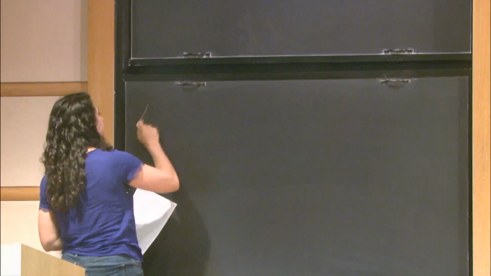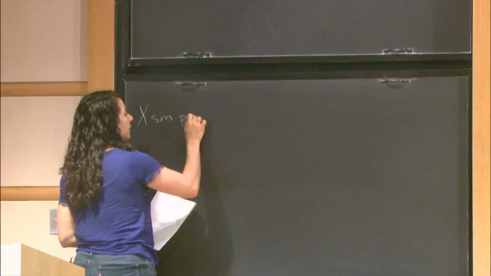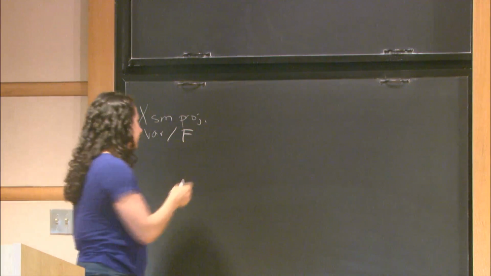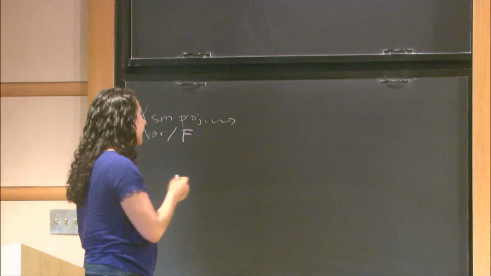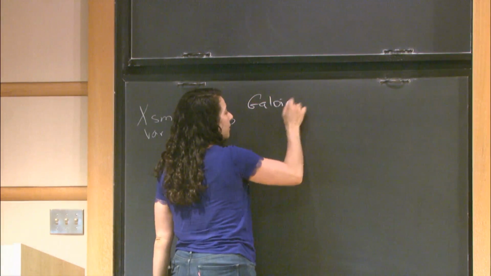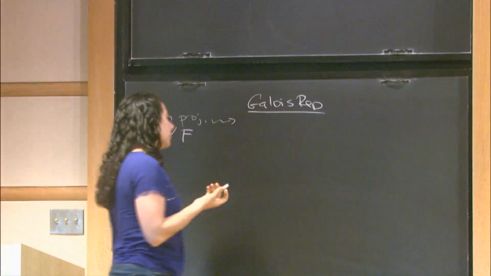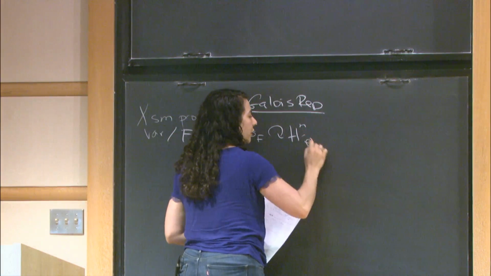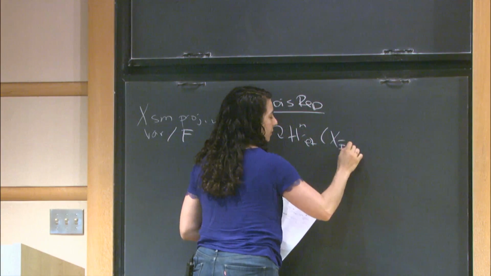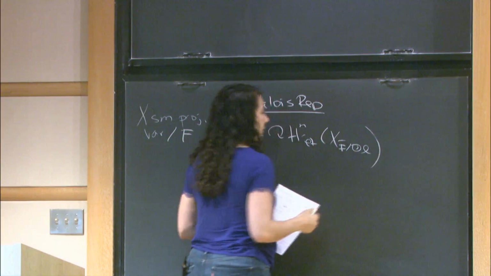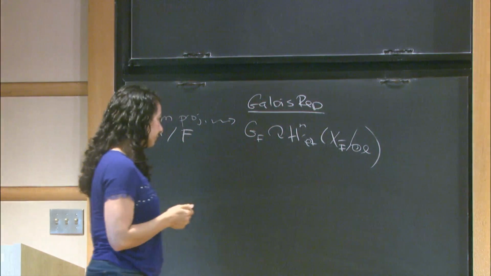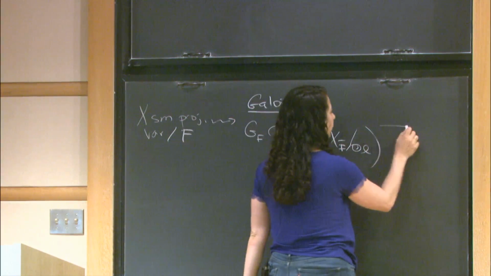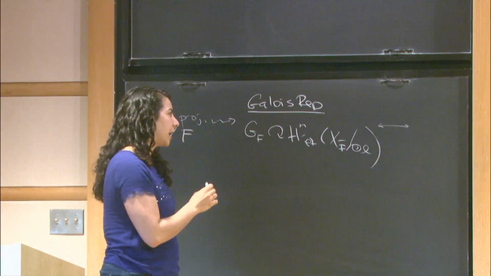So let's start. Suppose we start with some smooth projective variety over some number field F. We can associate to this algebraic variety a Galois representation, given just by letting the Galois group of F act on the étale cohomology of my variety. Okay. And now the Langlands whole philosophy tells me that to this Galois representation, I should be able to